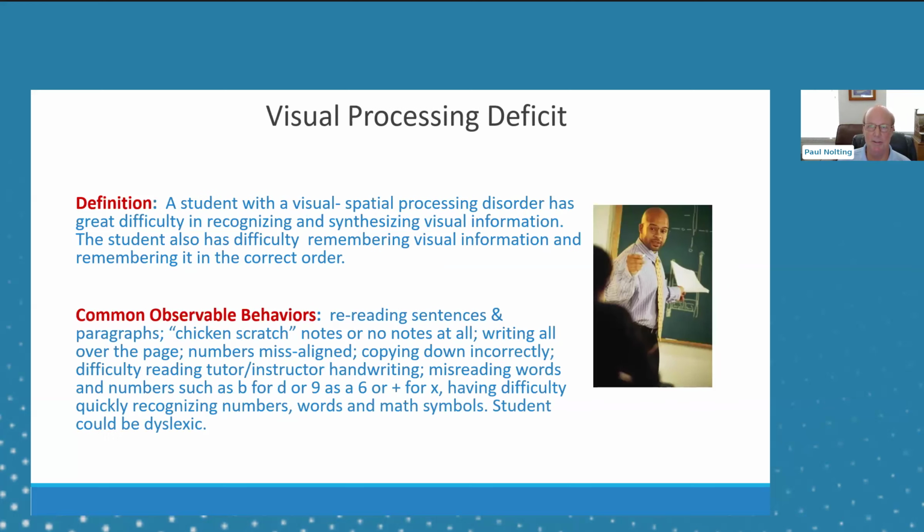The next one is visual processing deficit. Okay, now we're really getting to dyslexia. That's the people who reverse the numbers, reverse X's for pluses, 6 for 9s, B for D's. So they read it, and they have to reread it. Now, when I look at their notes, and this is a key, I'm going to suggest that if you want to learn more about a student, look at their notes. And if they don't have any, well, not in this one, but in my previous ones, we taught you how to do some note taking,